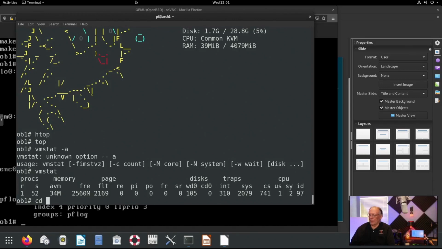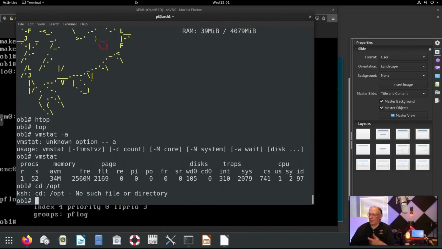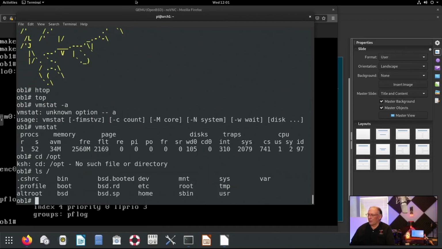Let's see what we get if we now run Lynis. Directory opt. Oh, this predates opt, doesn't it? That's all right.